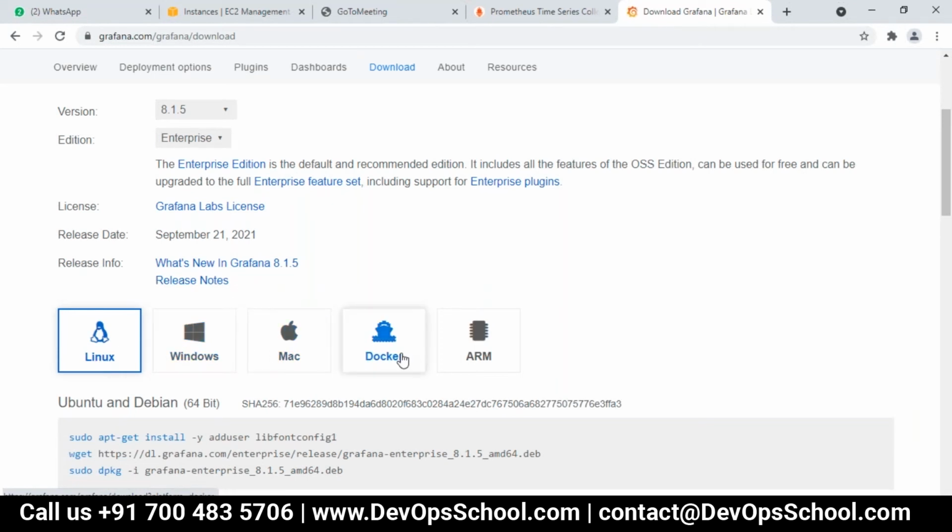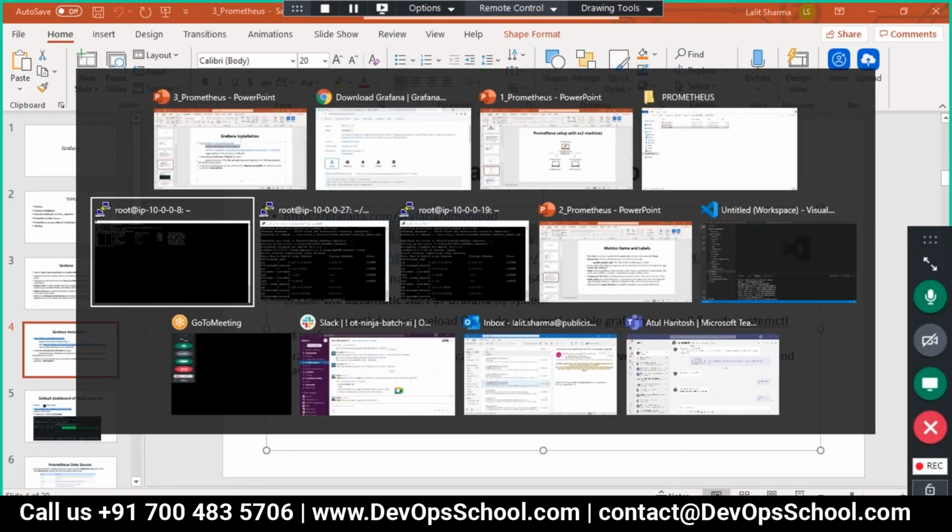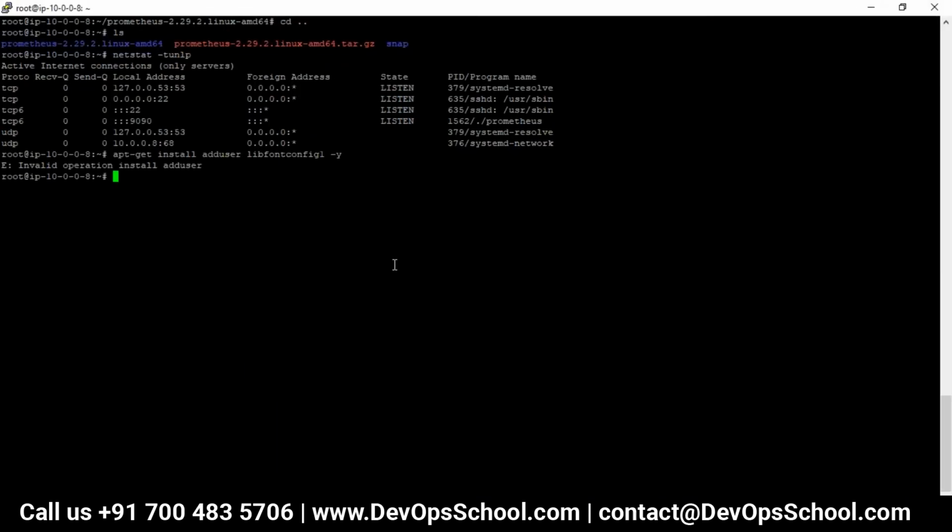There is even a Docker file also, so you can deploy it on your Kubernetes cluster or Docker Swarm or anything like that. Are you with me? Hello. Yes, sir.